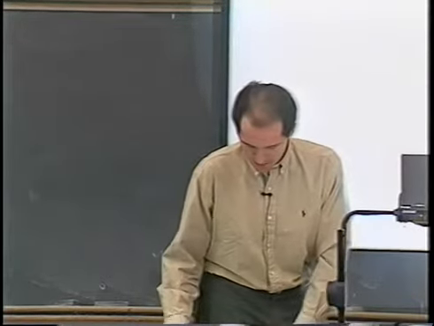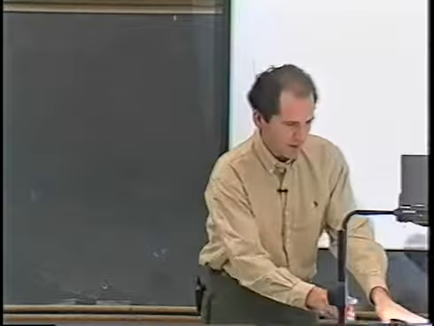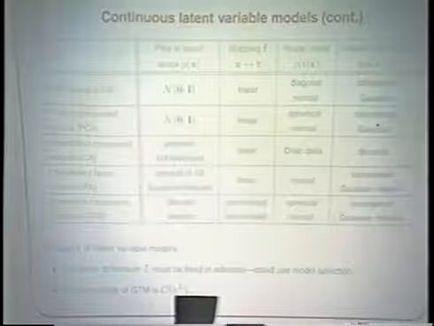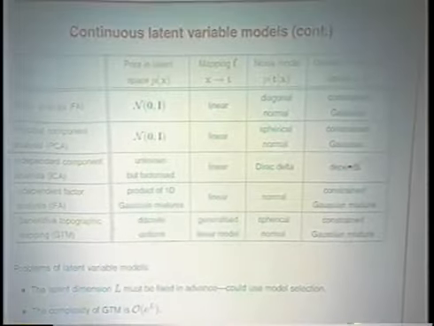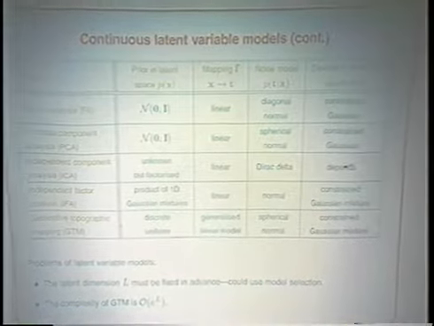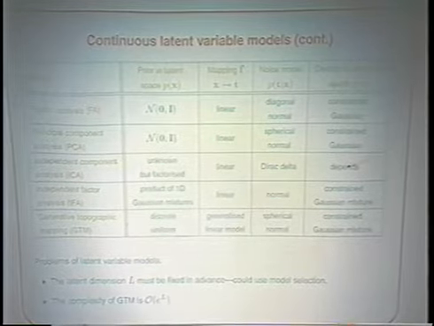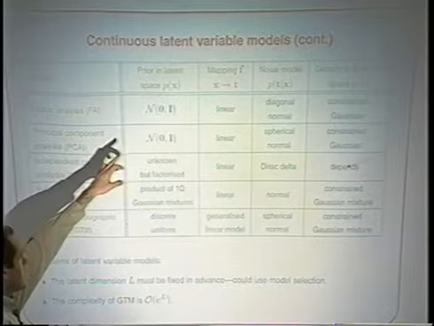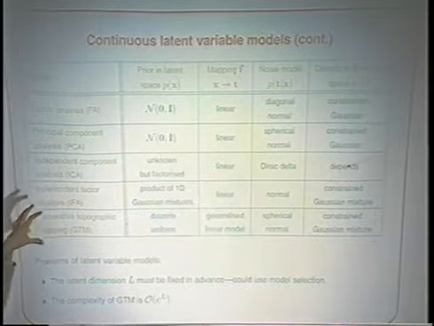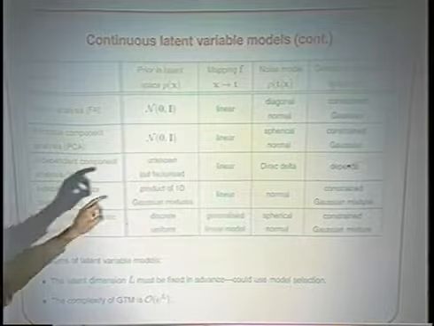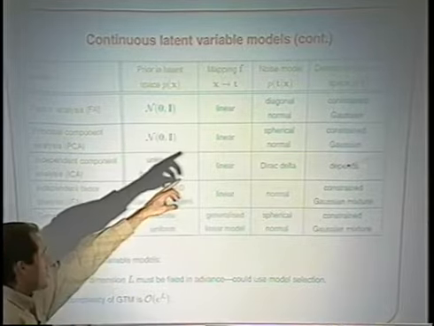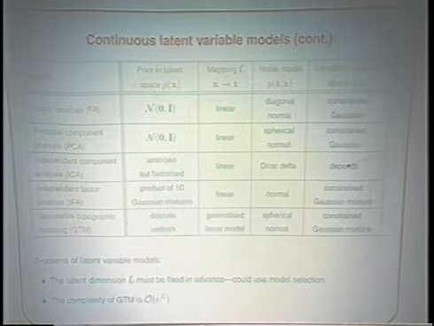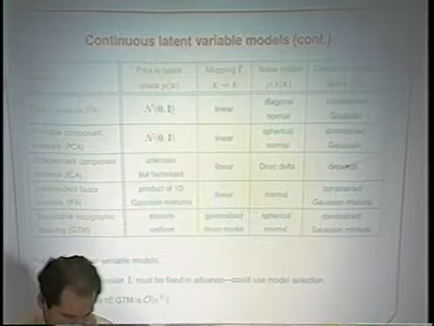Now, some specific latent variable models are obtained by choosing functional forms for those things. And there are several that I'm sure you must have heard of. The earliest one, which appeared at the beginning of the century in psychology and statistics, was factor analysis. Here what you say is the prior distribution in latent space is normal 0, 1, standard normal. The mapping is just linear, and the noise model is diagonal normal. And then how does the induced probability distribution of observed space look like?